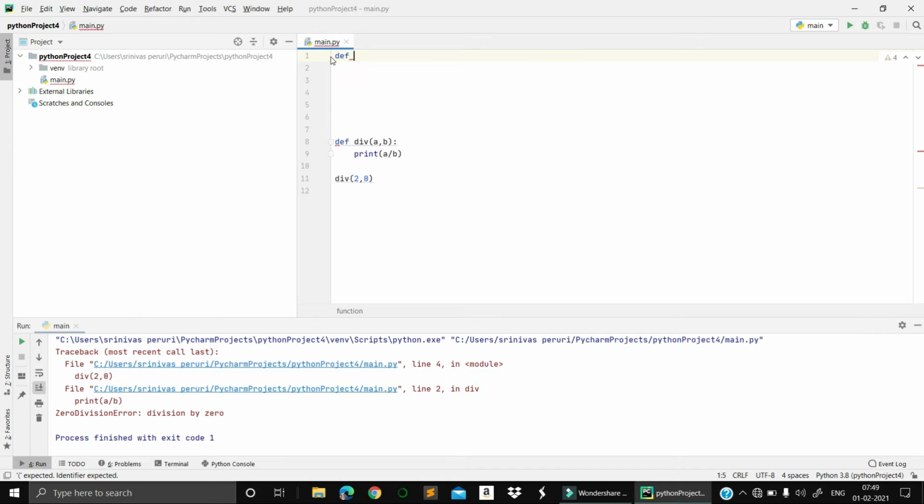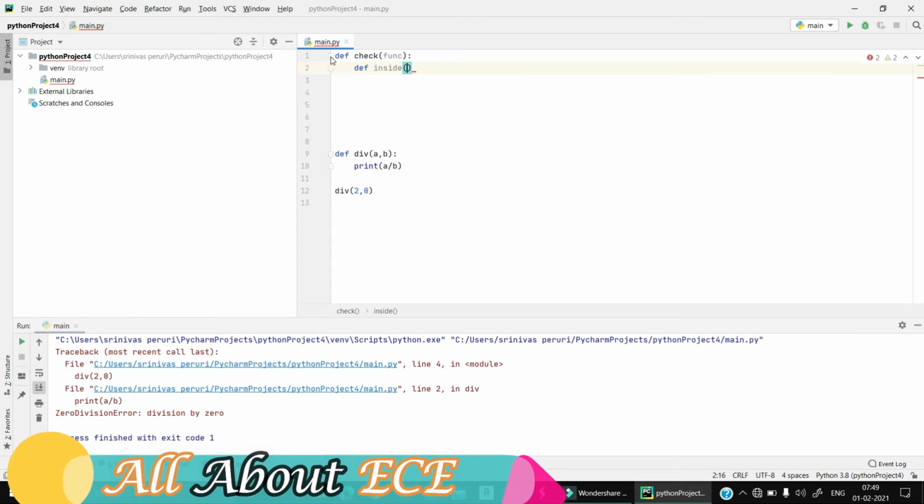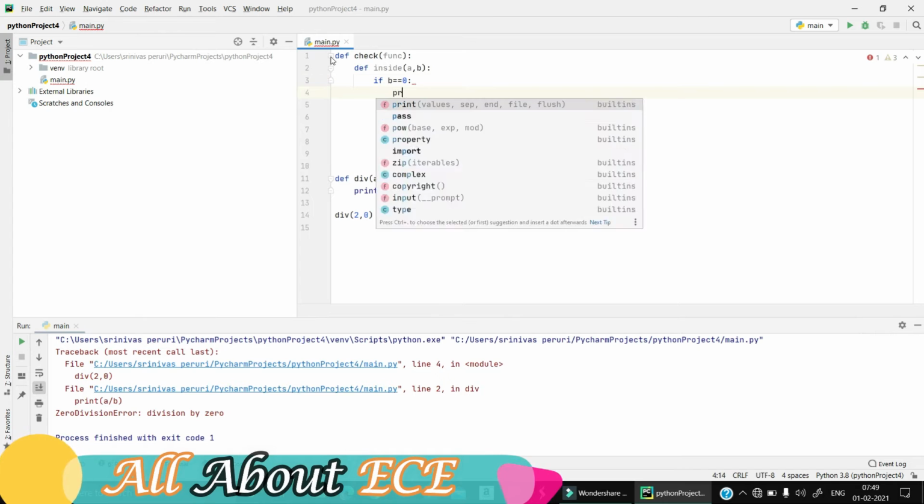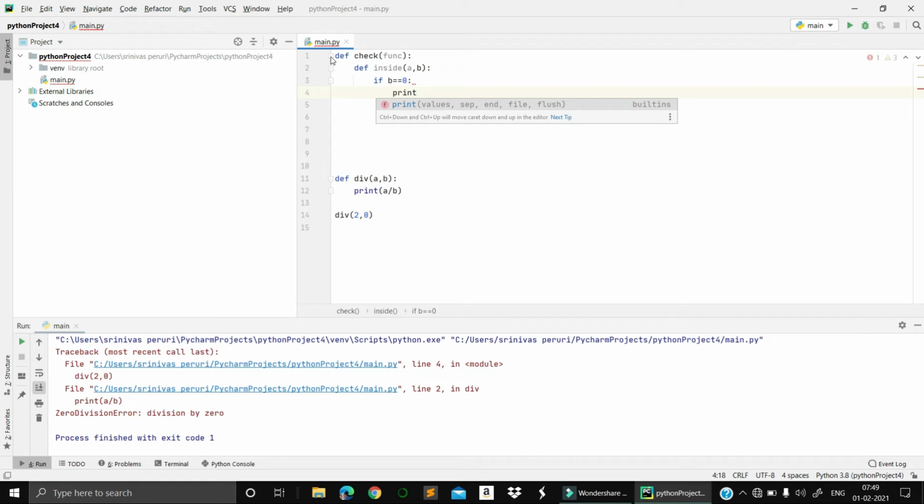So in this case, I'm taking a function called div check. It will take an argument called function, and we are passing parameters. We have an option called nested functions also. You can write n number of functions inside a function. So def inner, I need to pass the parameters a and b. If b equals 0, I just want to print